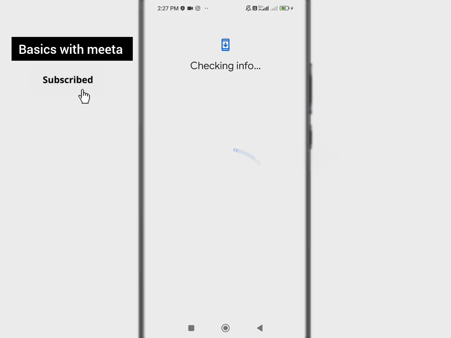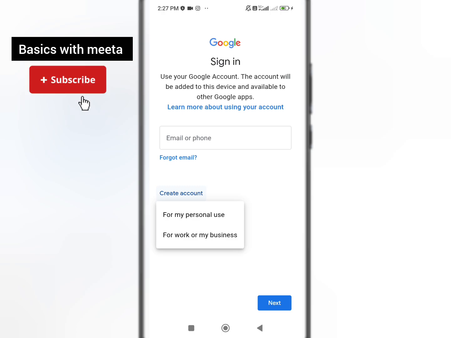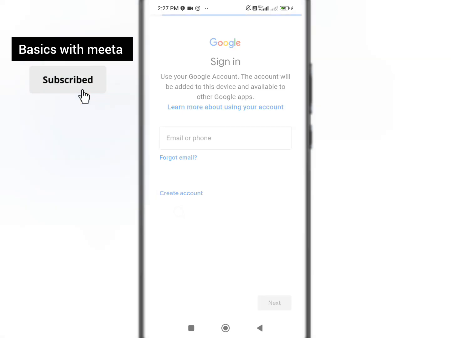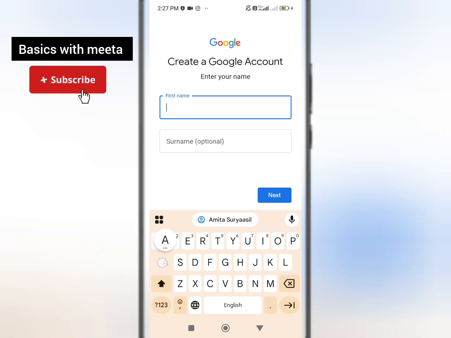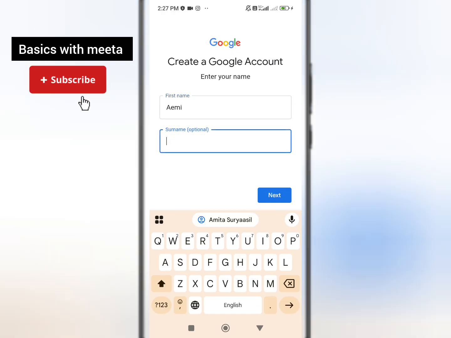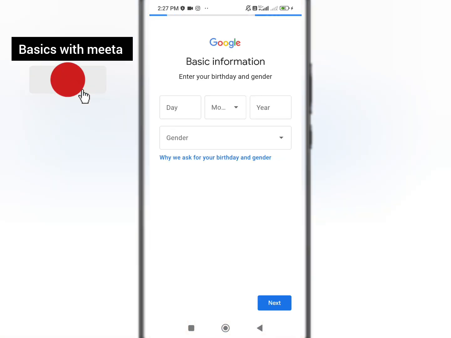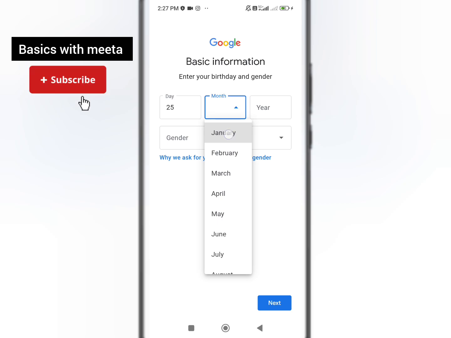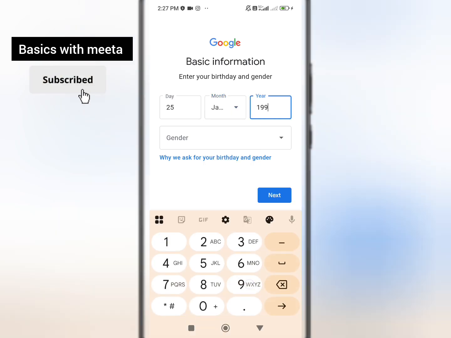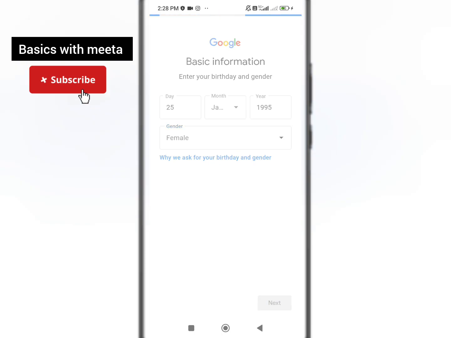Now what you have to do is, it is taking a little time, so here we will click on the create account option. For my personal use, I will click here. Now you can write your name and surname, whatever you want you can mention. Then you can click on next. Here you will have to mention your date of birth and select your gender. Now click on next,